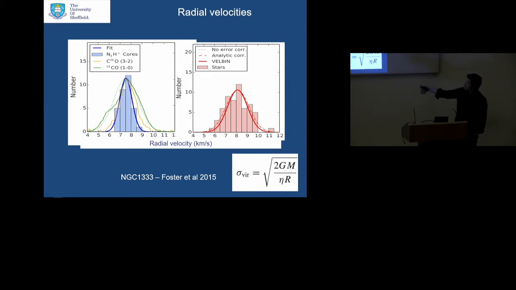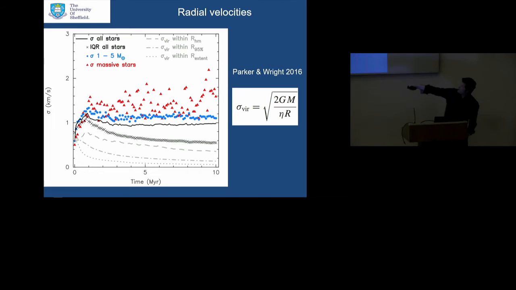We can compare our simulations to some of these observations that I mentioned. One of the exciting results that's come out of some of these surveys is that the pre-stellar cores appear to have a velocity dispersion that's consistent with subvirial velocities, so collapsing, and the pre-main sequence stars have a velocity dispersion that's consistent with them being in virial equilibrium. So perhaps this interpretation, that we start off subvirial and then reach something in virial equilibrium, which we can then confirm from comparing the data to simulations, is not a million miles away from reality.